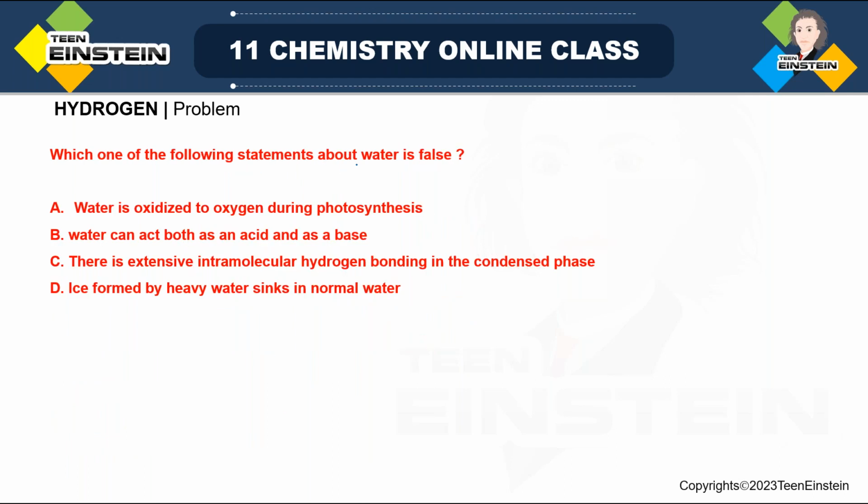Which one of the following statements about water is false? Water is oxidized to oxygen during photosynthesis. Then water can act both as an acid as well as a base. There is extensive intramolecular hydrogen bonding in the condensed phase. Now see, it is saying intramolecular hydrogen bonding. Intra means within the same molecule. But hydrogen bonding, what we have seen, it is basically,